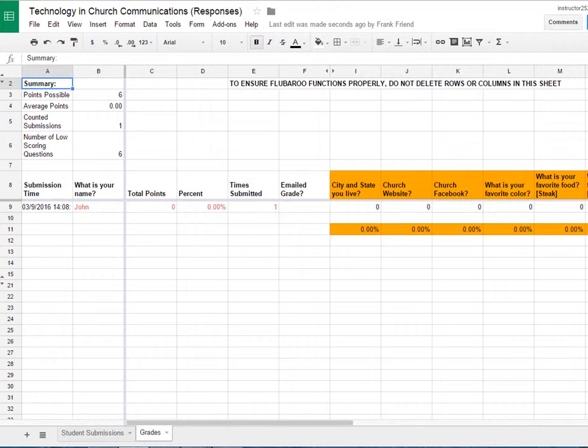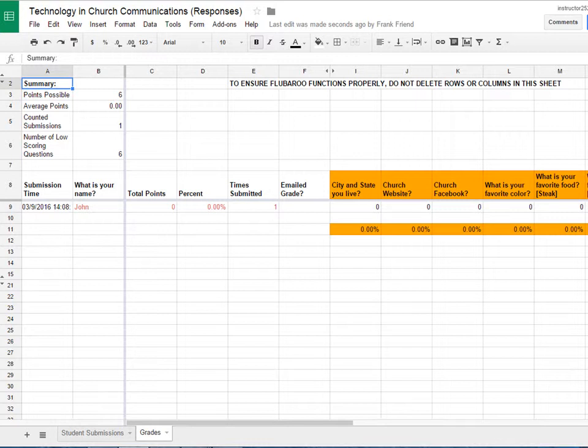asking. So you'll see the person's name, and then you'll see how well they did on the quiz. And again, this is just one extra one because Frank was used as the actual answer key. Don't know if you would use this in your church, but you have that option. Again, it's a pretty neat tool, especially more on the teaching end, if you want to do quizzes and stuff like that. If not, the regular Google Forms with the Google Sheets as the responses might be the best for